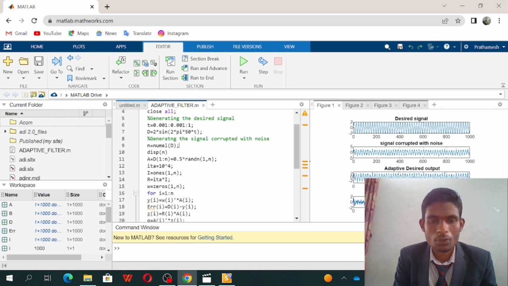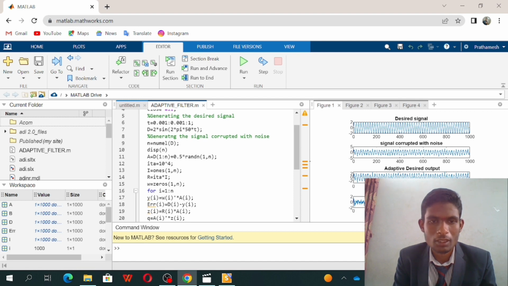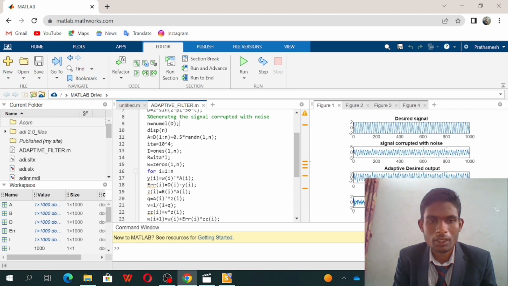So further we are going to generate a noisy corrupted signal. So n equal to numel of d, where n is a variable which will store the number of elements in the desired signal. This disp of n will display it. And here this part is the actual signal equation, which will contain the desired signal as well as the